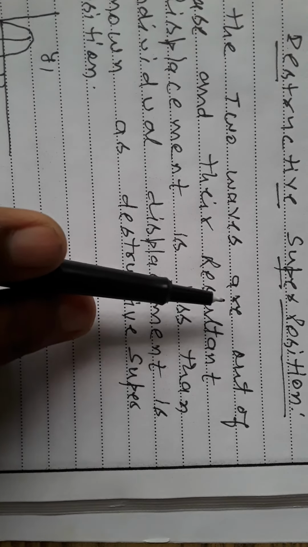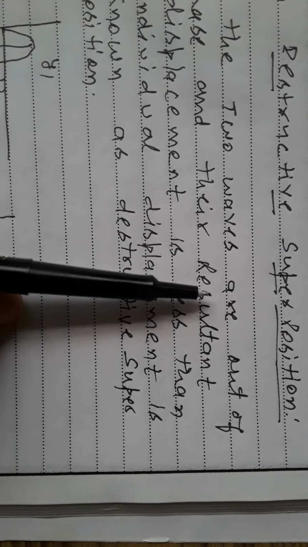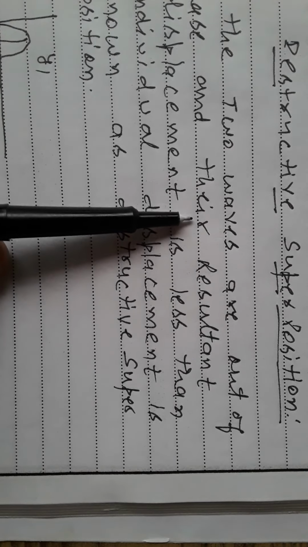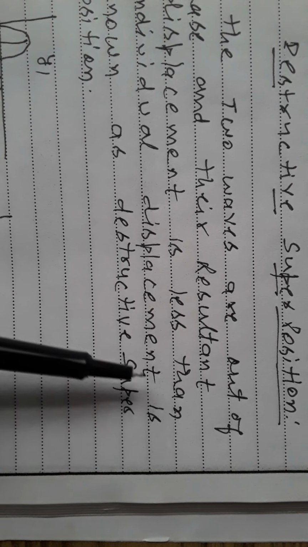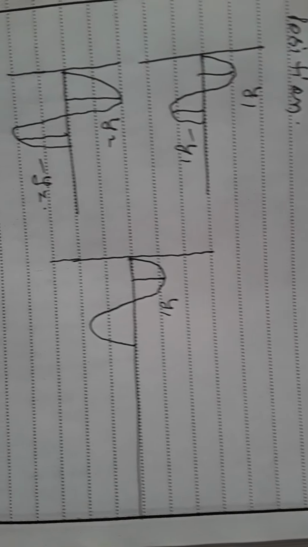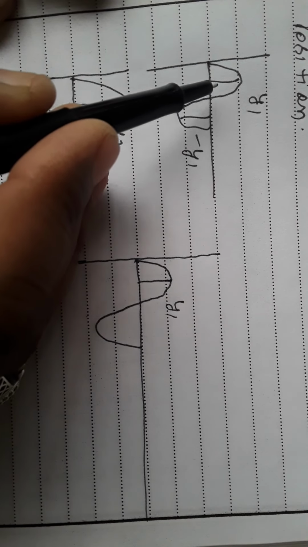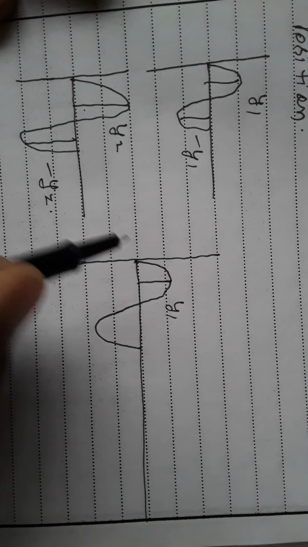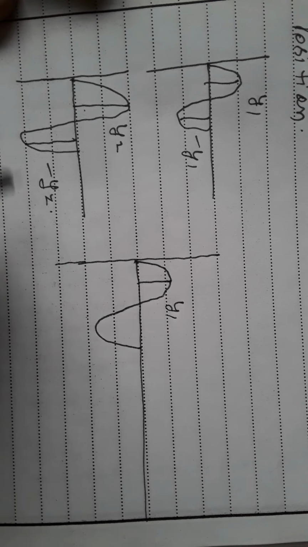Second is destructive superposition. If the two waves are out of phase and their resultant displacement is less than the individual displacement, it is known as destructive superposition. Let us consider two waves having displacement y1 and y2. They superimpose with each other such that